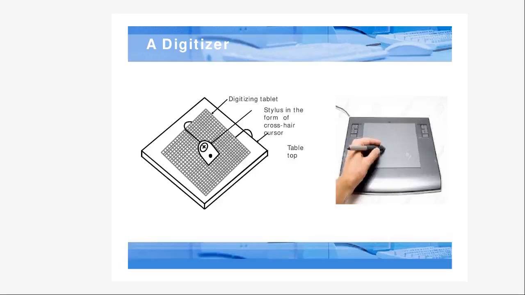सिर्फ डिजिटाइजिंग टैबलेट रहने से नहीं होगा, आपके पास और क्या रहना चाहिए? स्टाइलस पेन भी रहना चाहिए. Then only you can use that device properly. Digitizing tablet is a flat surface on which a stylus or a pen is moved to draw shapes, pictures or maps. Okay,